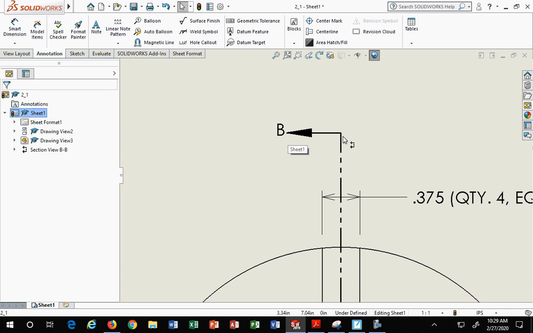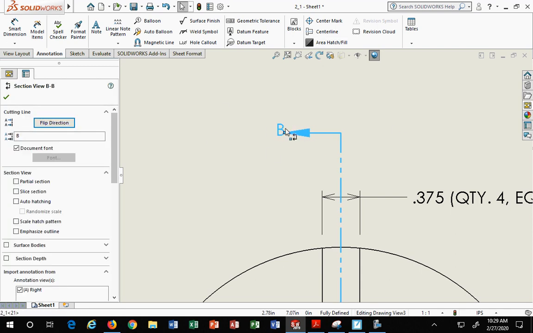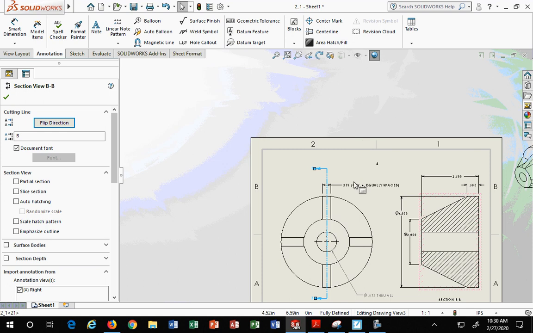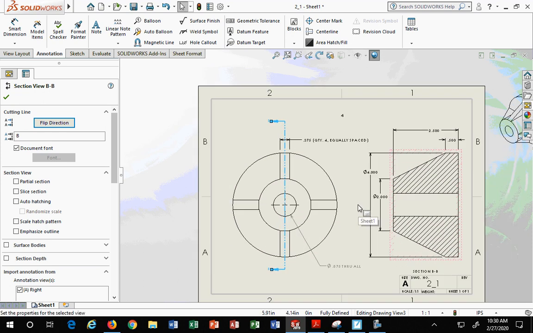Okay, let me try that one more time. Click on it. It doesn't go up and down. It only goes left to right. Got it? Okay, that's what that grip does. I know it's annoying. You actually have to grab near the intersection to drag this around. I can't answer the question why it does that, but when it does do that,